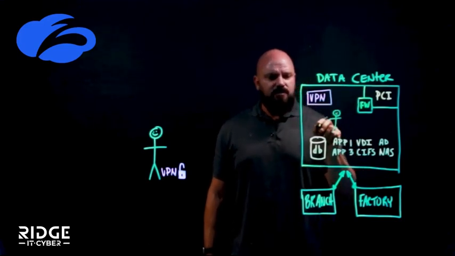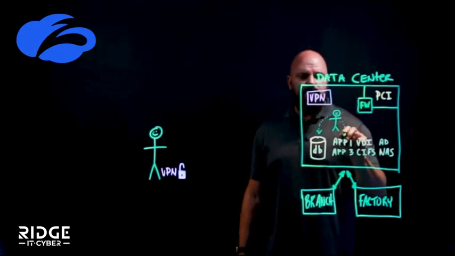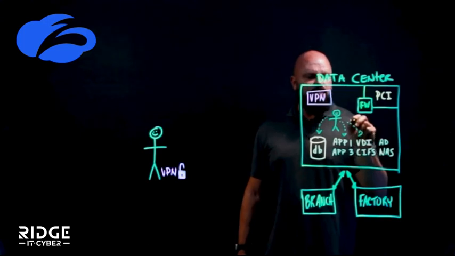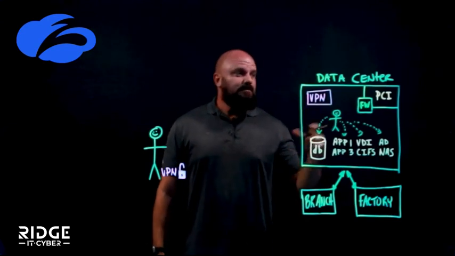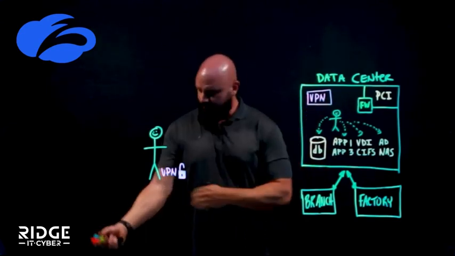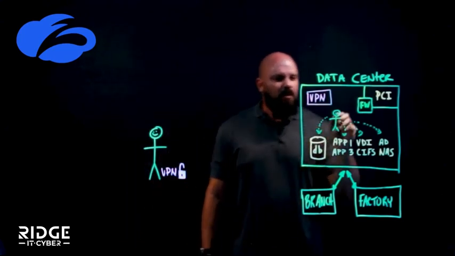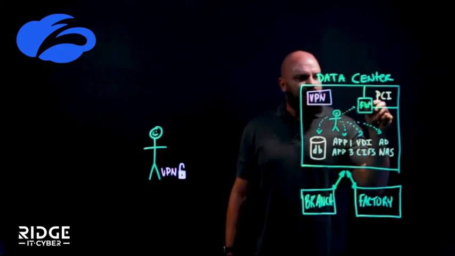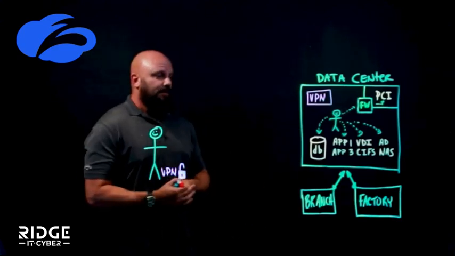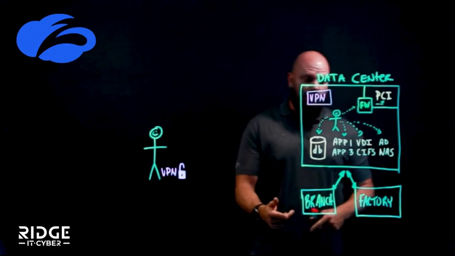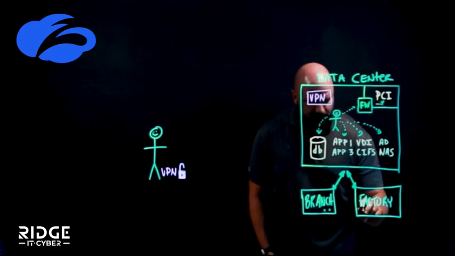So maybe this user doesn't have a reason to talk to the database. Maybe they do, you don't know, right? You're just putting them on the network and allowing them to interact with these applications, and this becomes very, very messy. Now, some of the more critical things, you're safeguarding PCI, I get it, it's back behind a firewall, but what happens if this user just happens to be someone that can talk behind there? Again, we're putting this user on the network and allowing them to bounce around in here and introduce risk into the organization. And on top of that, you have connectivity back over to your branch offices, your factory locations, where that user can bounce around over here as well and wreak havoc.